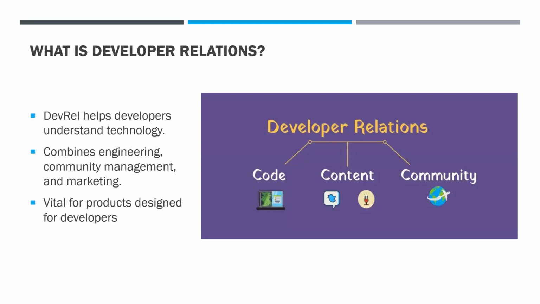Basically, they want you to make more money for them, because the more people use their products, the more they make money. So you, as a developer relation engineer, your work is to communicate this product to this community of developers easily and readily accessible, so they can use this product. Let me give you an instance. When I was learning how to code, there were two products that could do the same thing.